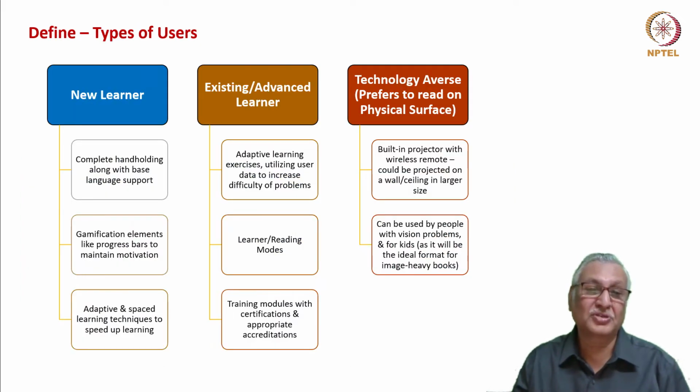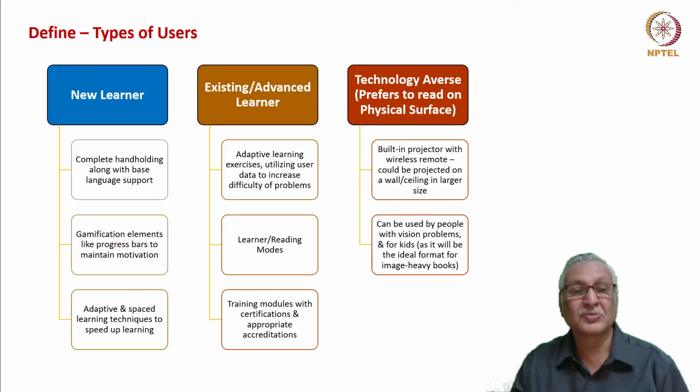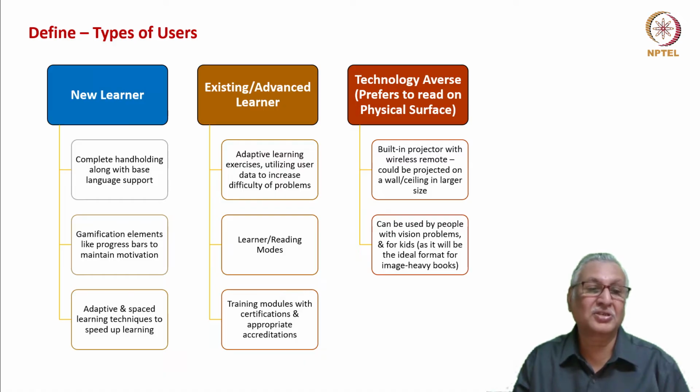There are three types of users who would use an e-reader, or the proposed e-reader cum e-teacher. One, new learner. Second, existing advanced learner. Third, technology averse who wants to read on a physical surface. The new learner has three characteristics: complete hand-holding along with base language support, gamification elements like progress bars to maintain motivation, and adaptive and spaced learning techniques to speed up learning. If the new learner is offered these three features, then the new learner will be attracted towards the proposed new